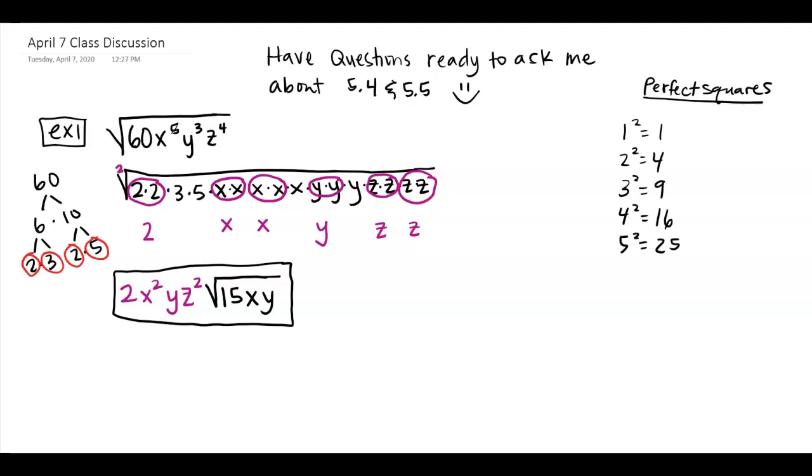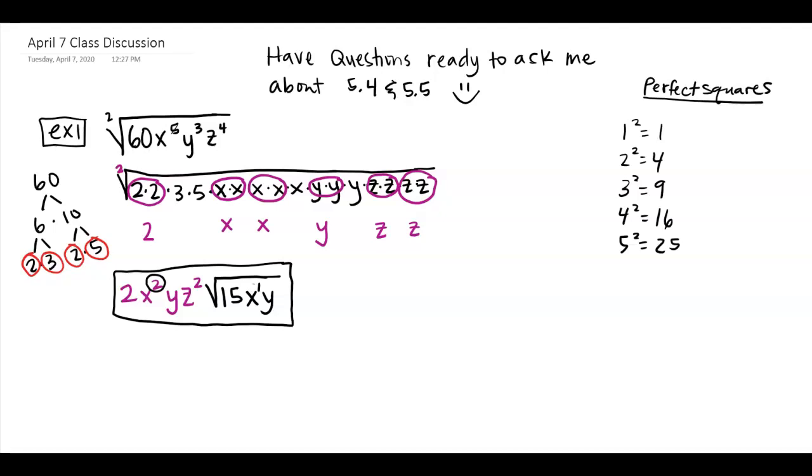When we have x to the 5th, we're trying to figure out how many groups of 2 we have in 5. Well, let me put this invisible 2 there again. So 2 will divide into 5 2 times with 1 left over. That's how many times it divides in is what gets to come out, and whatever the remainder is